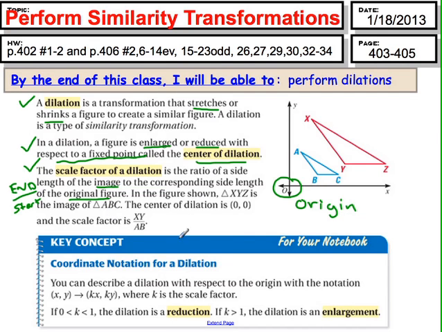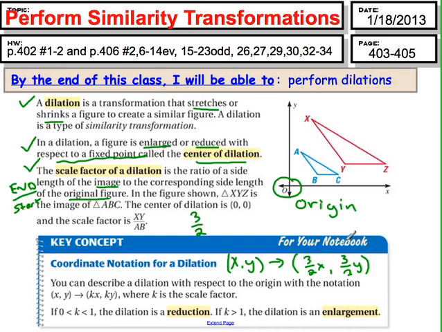At the bottom, we're actually talking about some notation. So if our scale factor was something like 3/2, then we can write this in notation. (x, y) is where we start, and it will map onto (3/2 x, 3/2 y). Remember that a dilation is going to affect both the x and y evenly. If you ever see one that only has one part here, like 3/2 x, but something else for y,